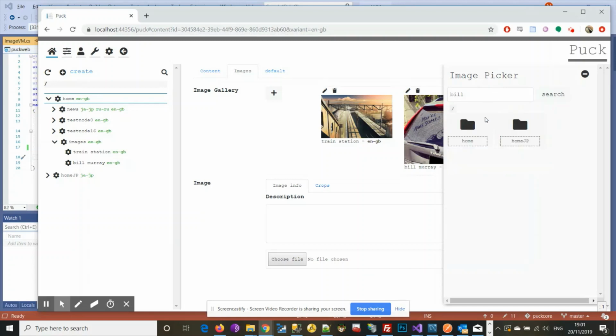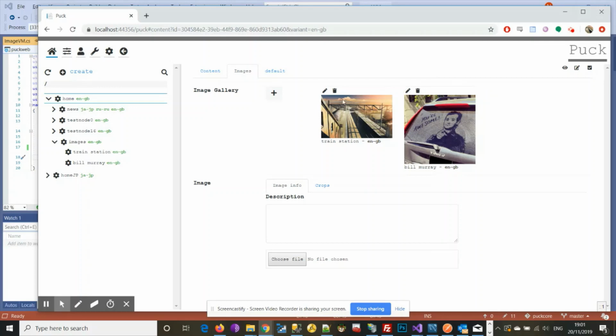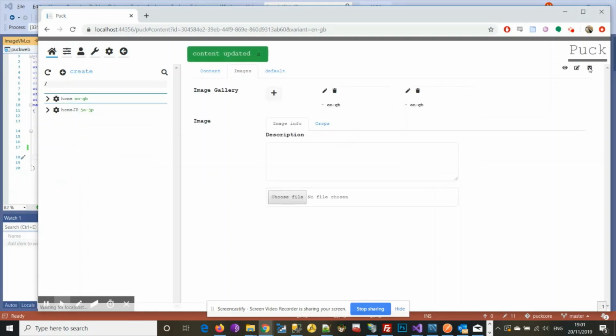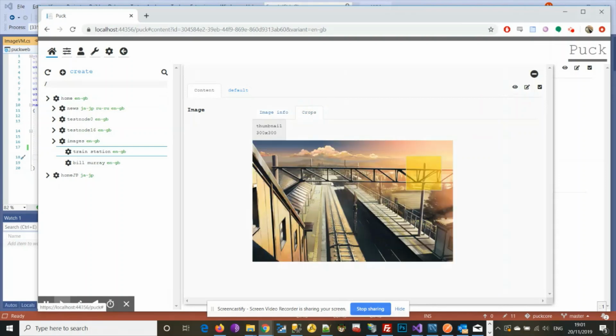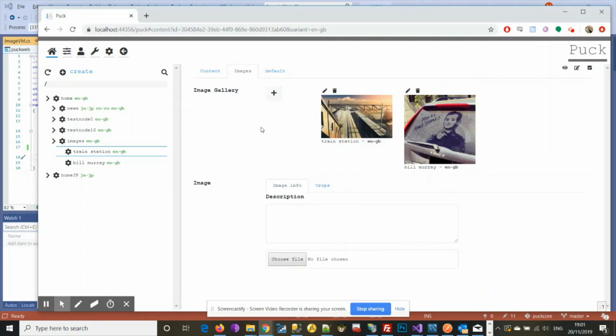So if I clear that selection, I can press escape to close the window, and I'm going to hit save here to save the image gallery. If I wanted to view these images and adjust their crops, I can just hit edit and go to the crops and move it around, and I can close this slide window by hitting escape as well. So those are my images, and now if we want to display them, we can go to our homepage template,